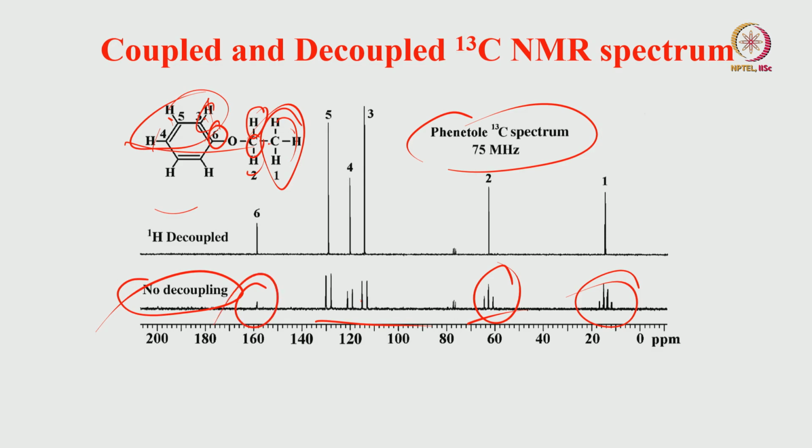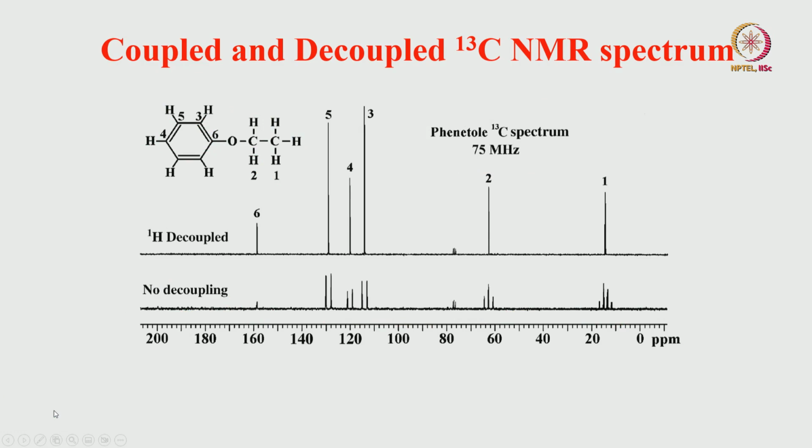Now, this is the total spectrum. Here it is an easy, simple molecule. I can interpret. What happens in a big molecule is difficult. So, to understand decoupling, we do the proton decoupling for this carbon 13 spectrum. Now, you see this quartet coupling disappears and all the peaks merge into a single peak. So, you will get a single peak at the center of this multiplicity that corresponds to the chemical shift of carbon